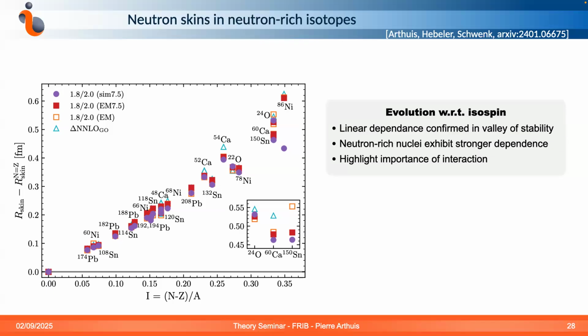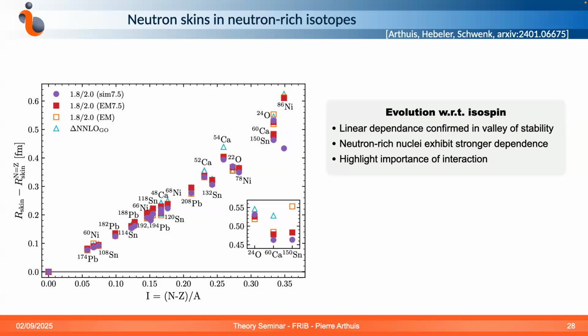And so you see a couple of things. First, in a first regime, you see that all our interactions, but also all our different nuclei lie pretty much on top of each other up to I equals 0.2, 0.25. And then all of a sudden, the thing expands. So you have more difference between the different isotopic chains, but also, and this is very visible on this inset of the different nuclei that are at I equals 1/3, you also have more difference between the different interactions,